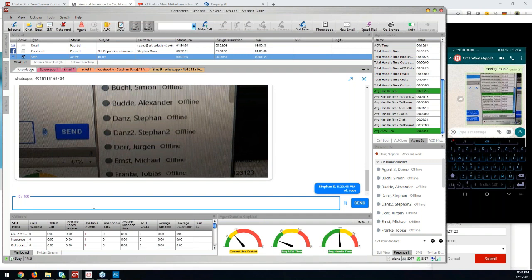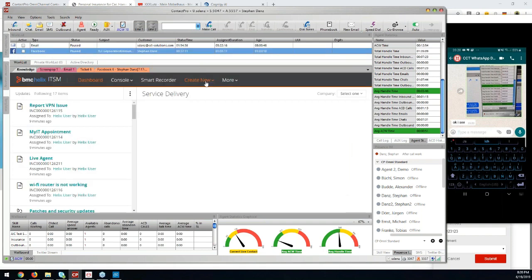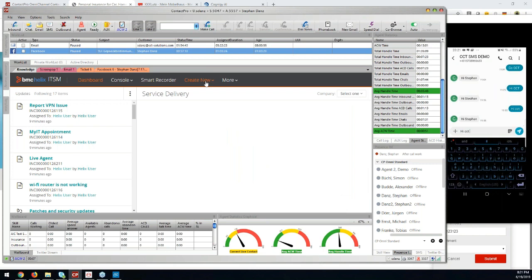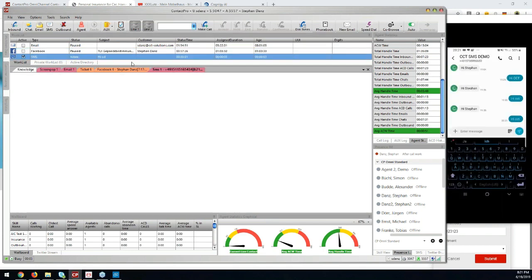Other than WhatsApp, we could also handle traditional SMS. So let me just close out this WhatsApp contact and let my customer switch over to SMS. Same here, I can say, "Hi, CCT," and it's the same way. We're just getting an SMS contact into the system, and my agent is answering this SMS contact, and same story. The agent can get into direct contact with the customer,